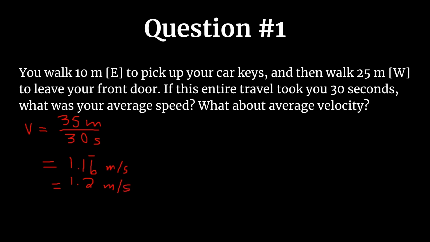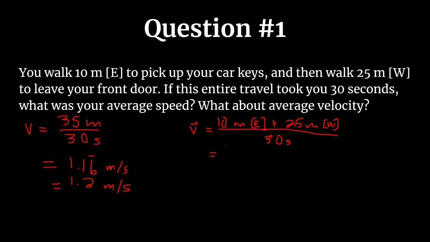Okay, that's great. But what about average velocity now? So here we're going to be working with two displacement vectors. And so I'm going to say that the average velocity is equal to 10 meters east plus 25 meters west divided by 30 seconds. To calculate the total displacement, we're going to be working with vector addition, or you could say vector